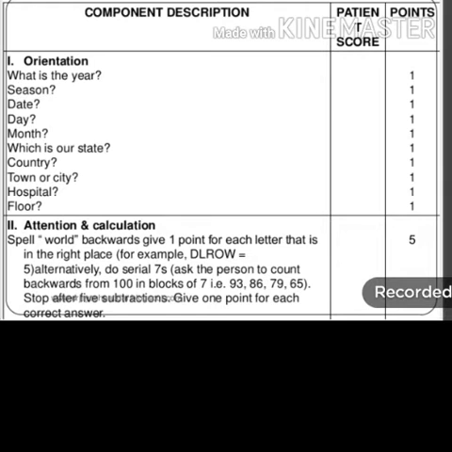What floor or ward are we on? Like this, you can pose questions to know whether the client is oriented to place or not. Any 5 questions can be posed under orientation to place. If the client is oriented to the place where he is, then we can give 5 points to the client.